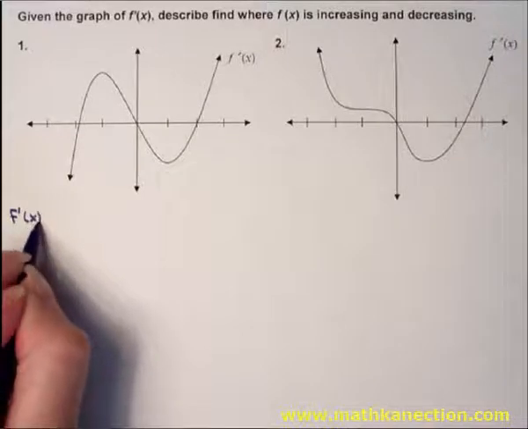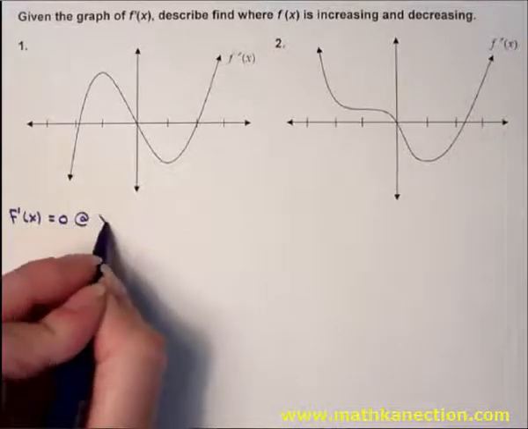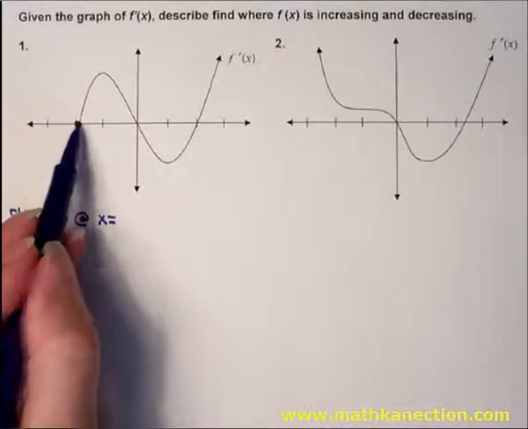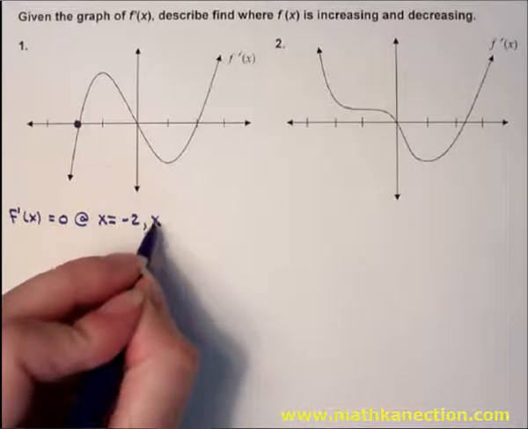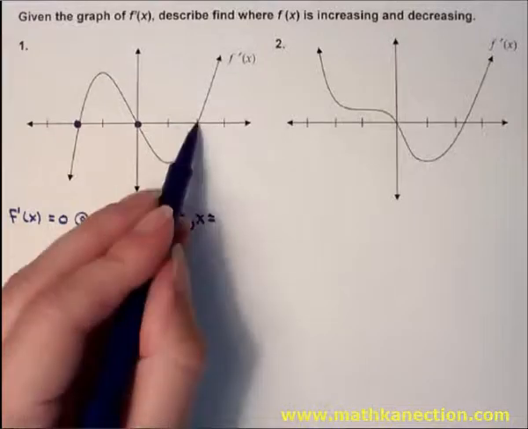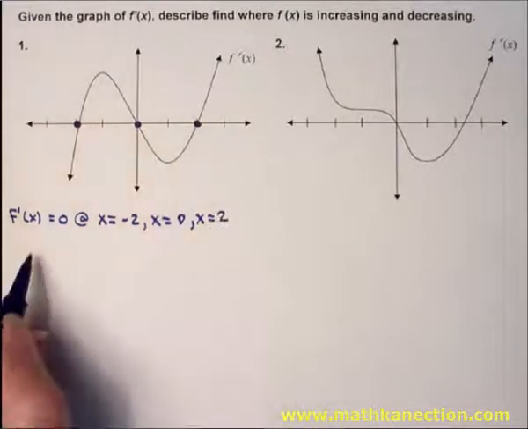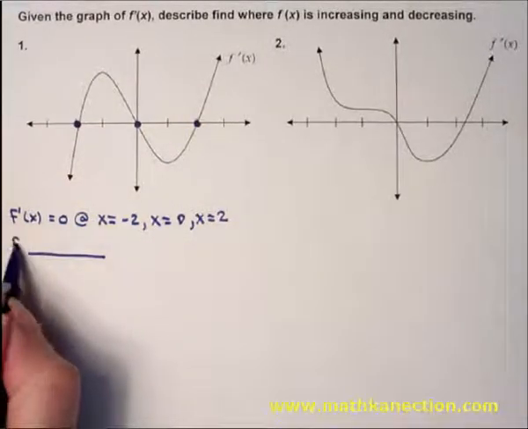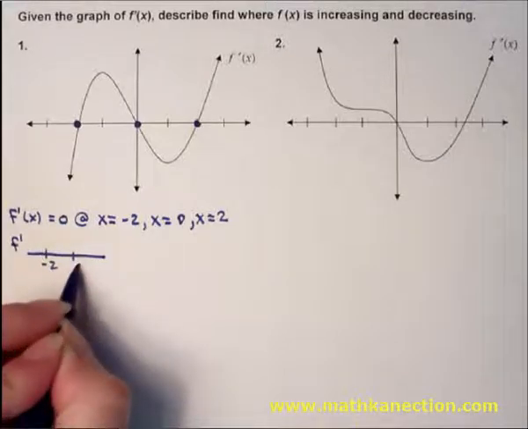To find where f prime of x is equal to 0, looking at the f prime graph, that occurs at x is equal to -2, x is equal to 0, and x is equal to 2. So to make an f prime number line, putting those critical numbers on the number line,